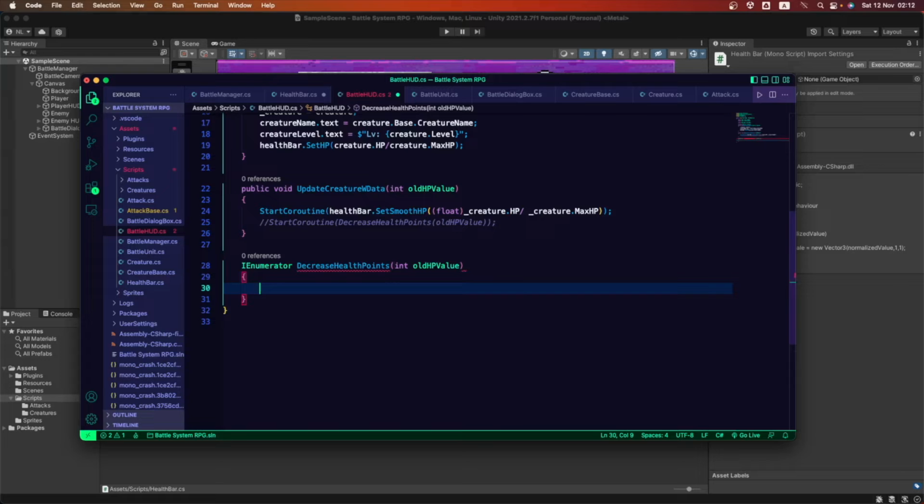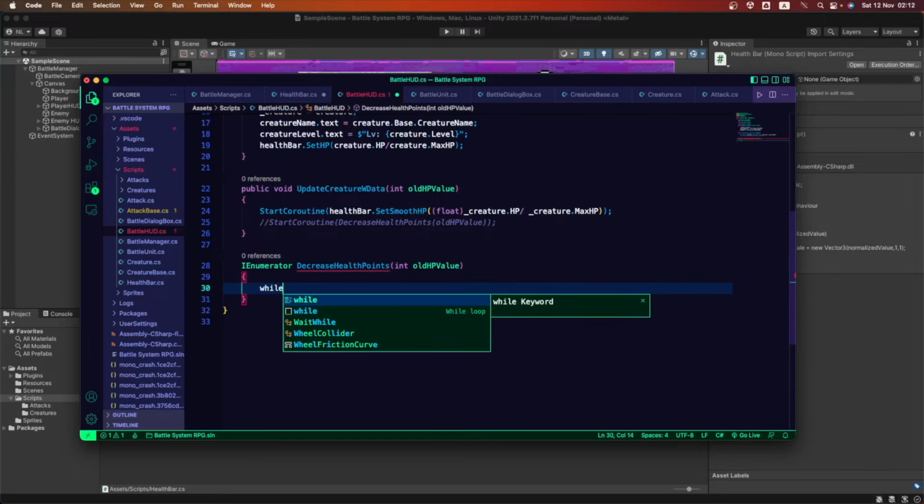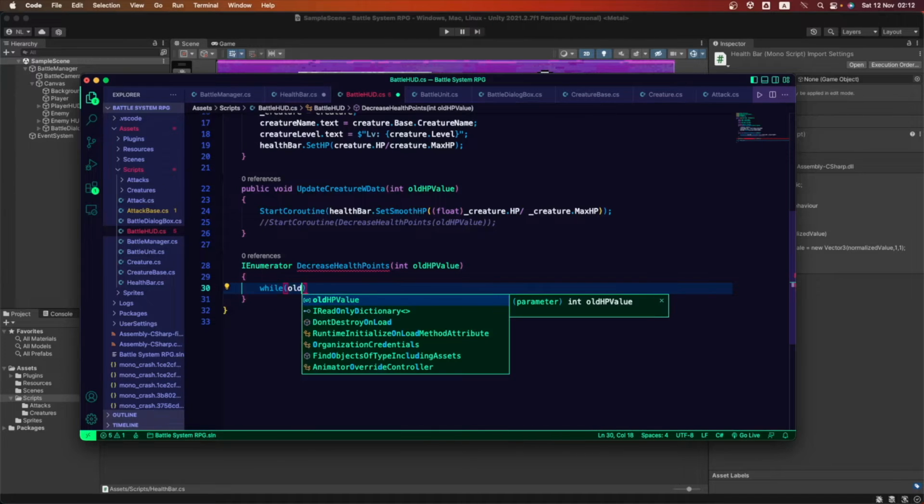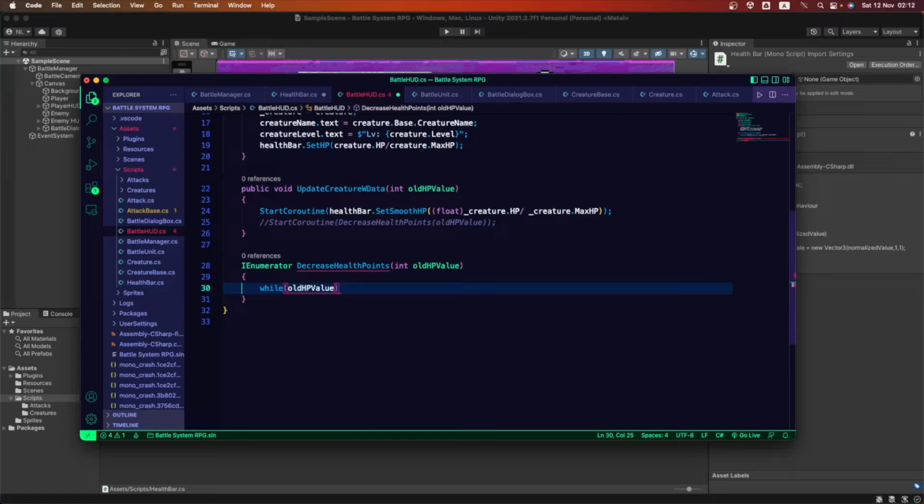This is going to be working like this: while our old HP value is bigger than our creature health points, we want this to happen. We want what to happen? From the old HP value, we want to subtract a value.